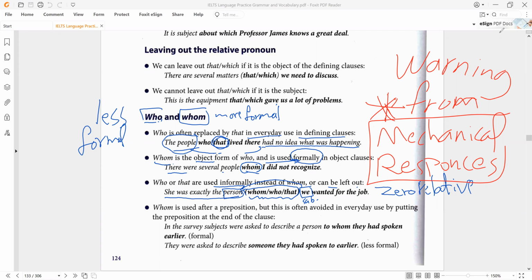Okay. Now whom الأخيرة هنا is used after a preposition. حنخش هنا بعض الضمائر. مثلا, in the survey, subjects were asked to describe a person to whom they had spoken earlier. هذه formal. In the survey, في استطلاع استبيان الرأي, subjects معناها اللي هم تحت الناس اللي تم سؤالهم أو العينات يسموها عينة، تعطيها مثلا questionnaire أو تعطيها استبيان مثلا، يسموها subjects of the survey. In the survey subjects were